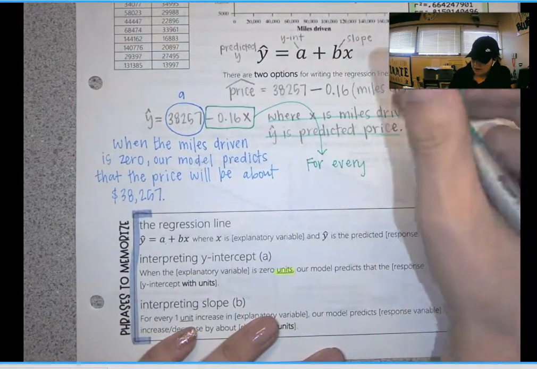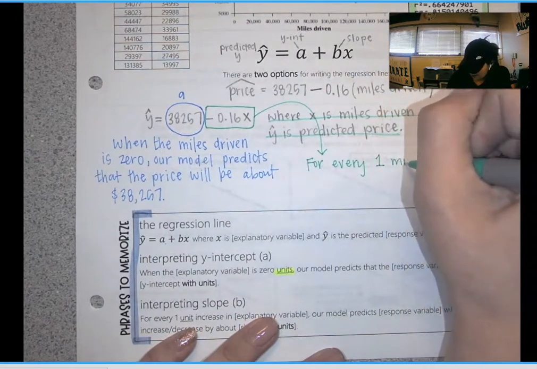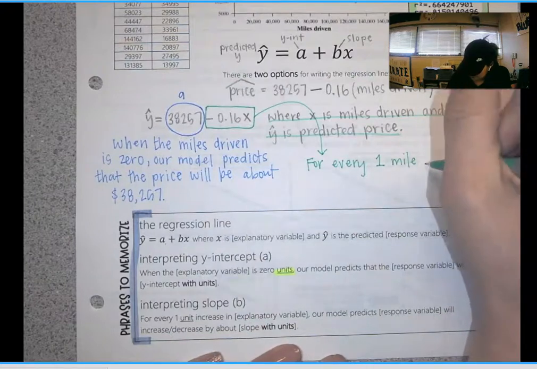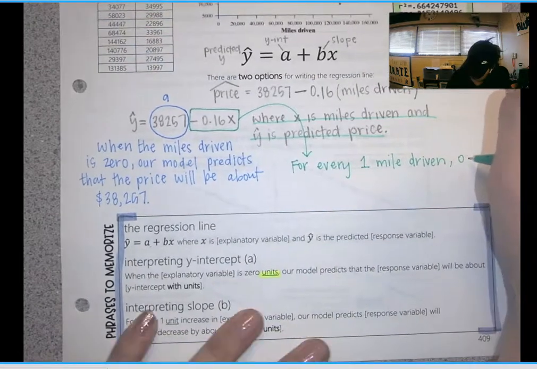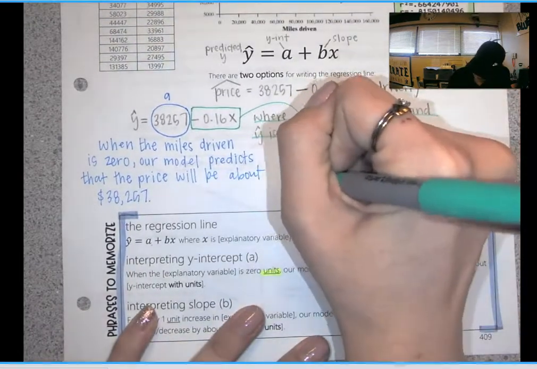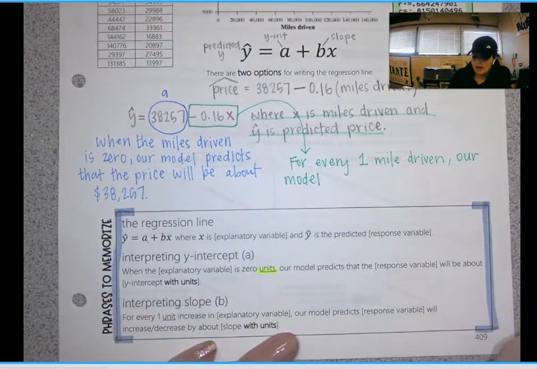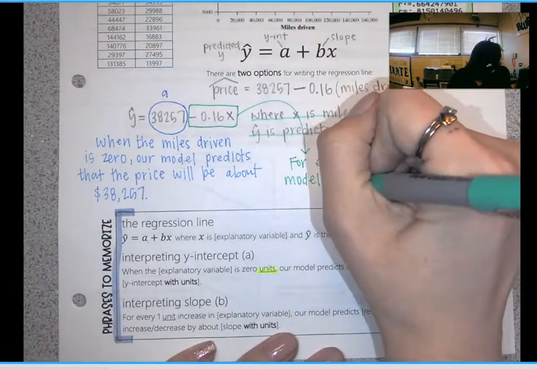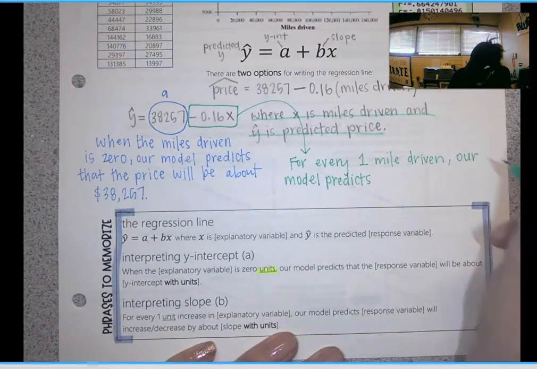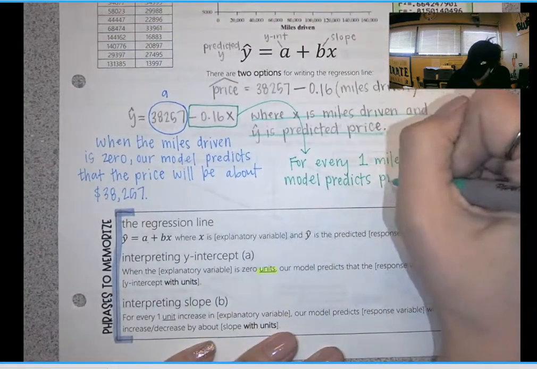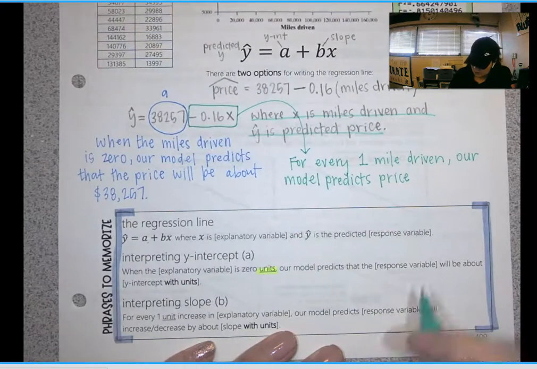So for every 1 mile driven, our model, and our model is the equation. Our model means our equation predicts price. So here it says response variable will,